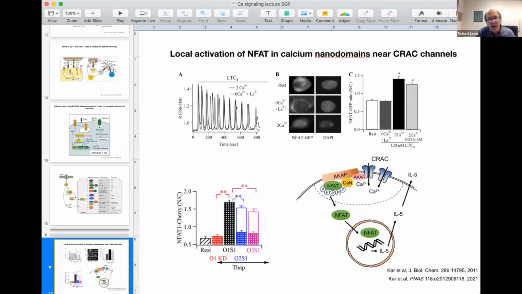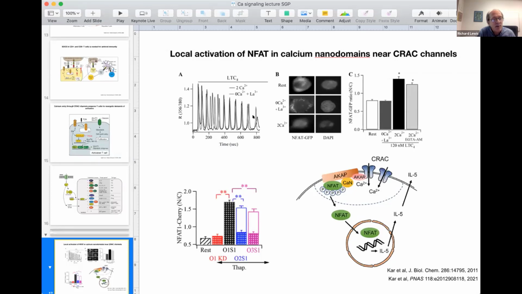So interestingly, applying high concentrations, millimolar levels, of lanthanides to the bathing solution will not only block CRAC channels, but also inhibit the plasma membrane calcium ATPase. So now it's a closed system in which all of the calcium from the oscillation can then be recovered from the cytosol and pumped back into the ER by the SERCA pumps. Essentially, the same oscillations occur, but without any influx from outside.